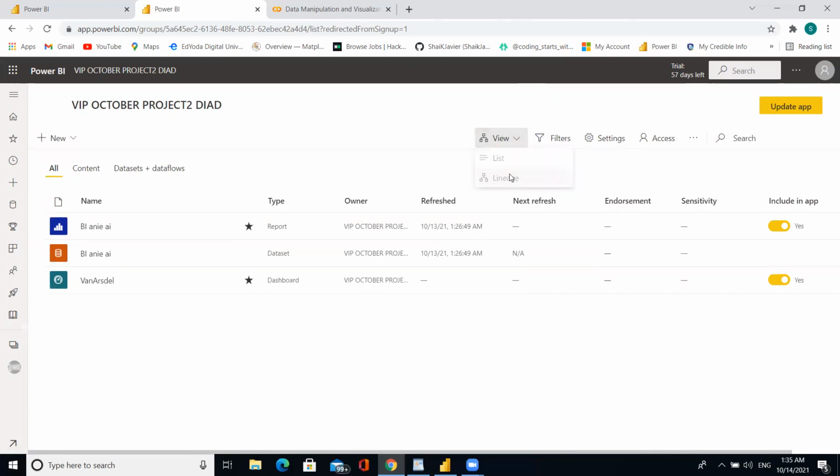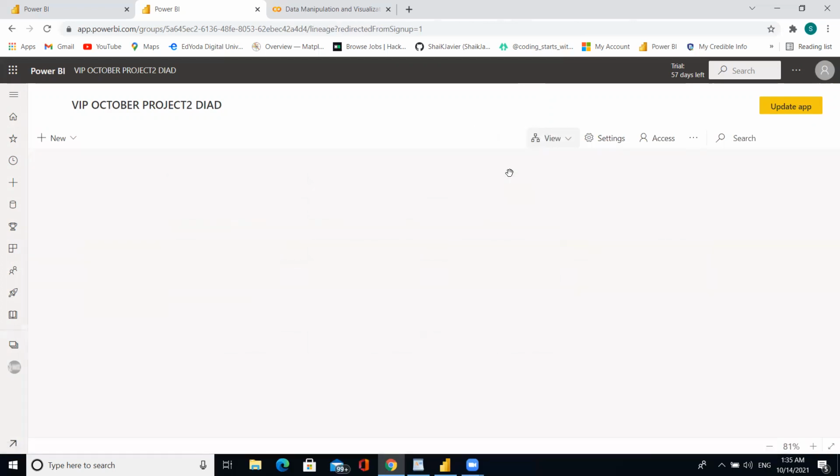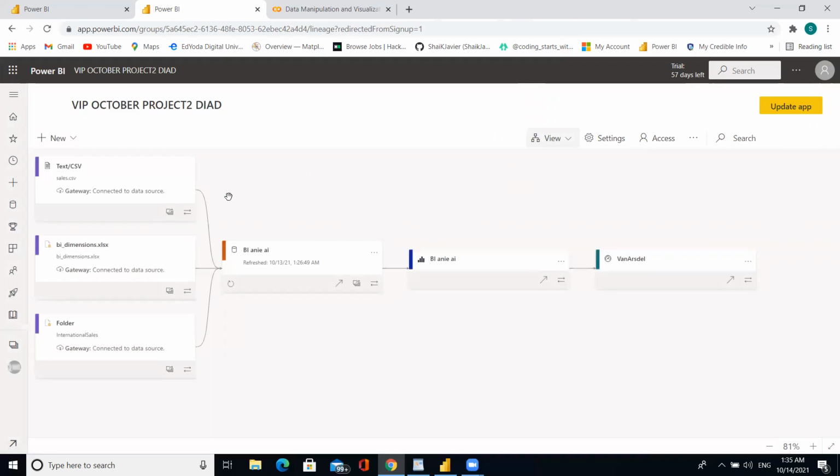Suppose I want to see the lineage. It shows the relationship: we get the data from text and CSV files, and later we also get data from the XLS sheets, and data from the folder connected to the data source here.